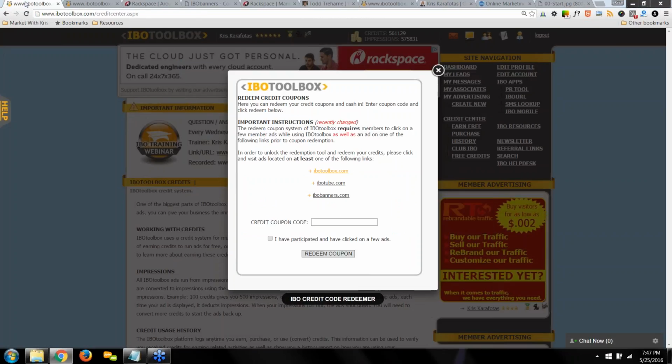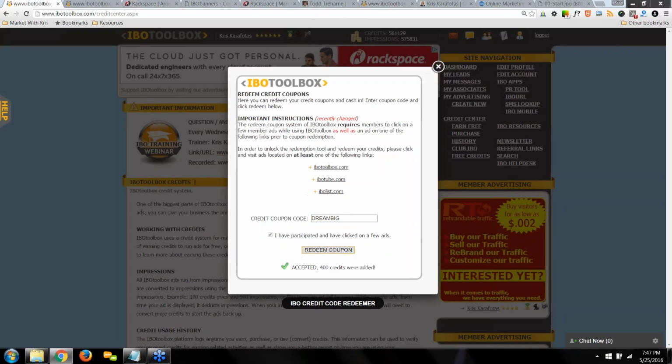We go back here, and this box is still showing, but now I can check this box. You want to redeem this right away. Do not wait. This is time sensitive, and you'll need to take care of that. For the credit code, it is Dream Big. Then click on Redeem Coupon, and it should say accepted, 400 credits were added.